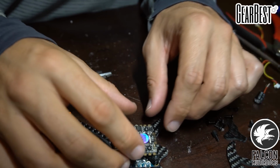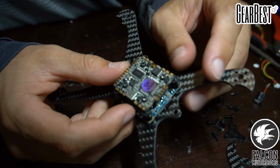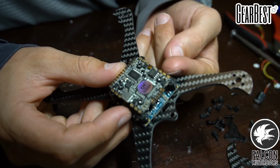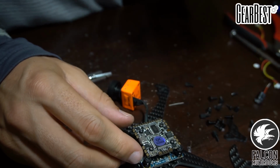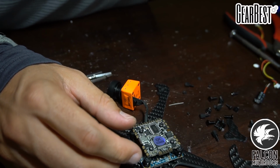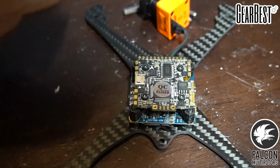So let's see. The only weird thing is that the motor wires are going to be coming down the arm and then kind of popping up here, so that's kind of weird, but we'll make it work. So let's go ahead and pre-tin these pads and figure out how the hell this...